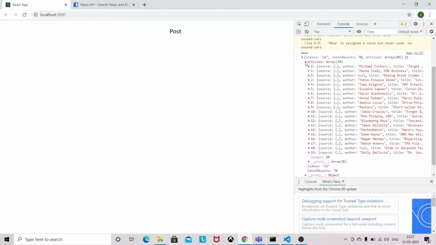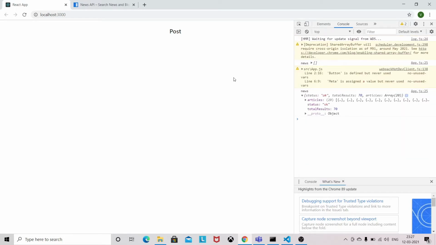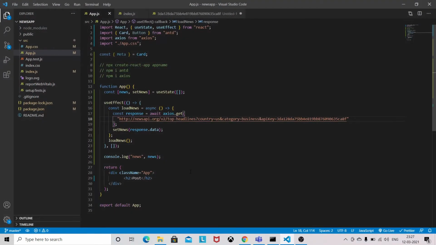Now we need to display these articles in some type of card format. So come to here. We need articles, so we need to set data dot articles.